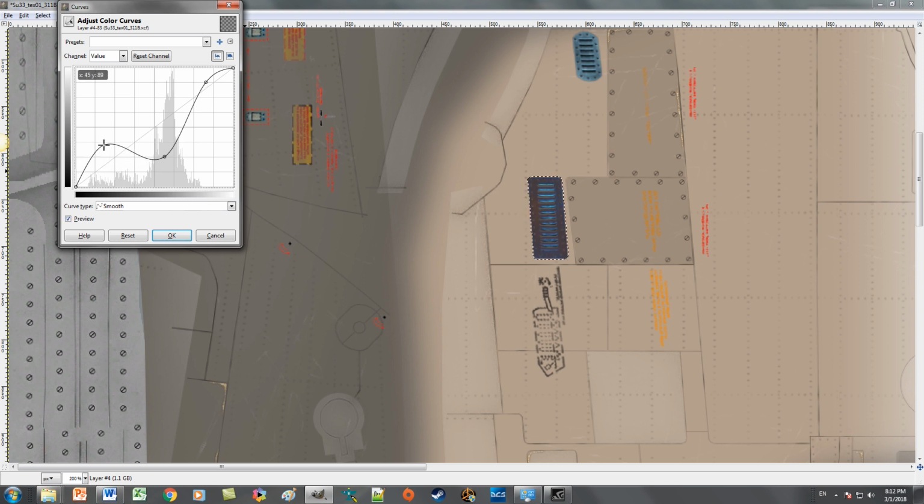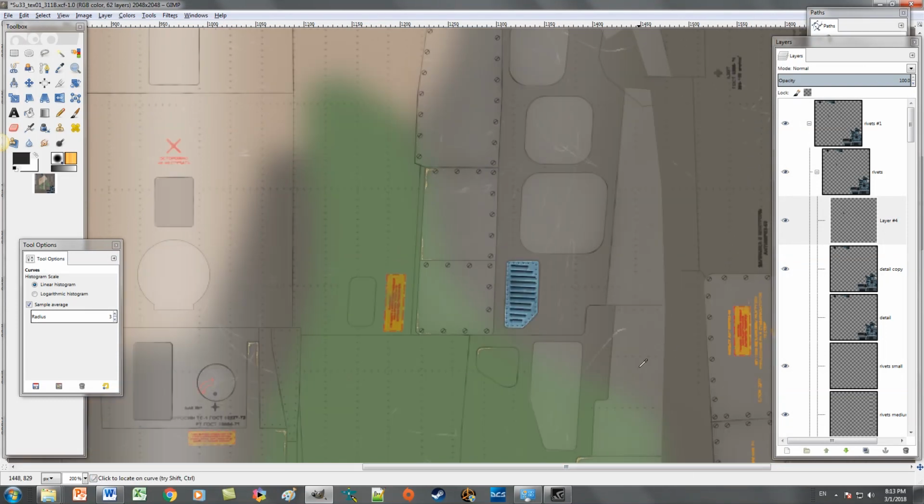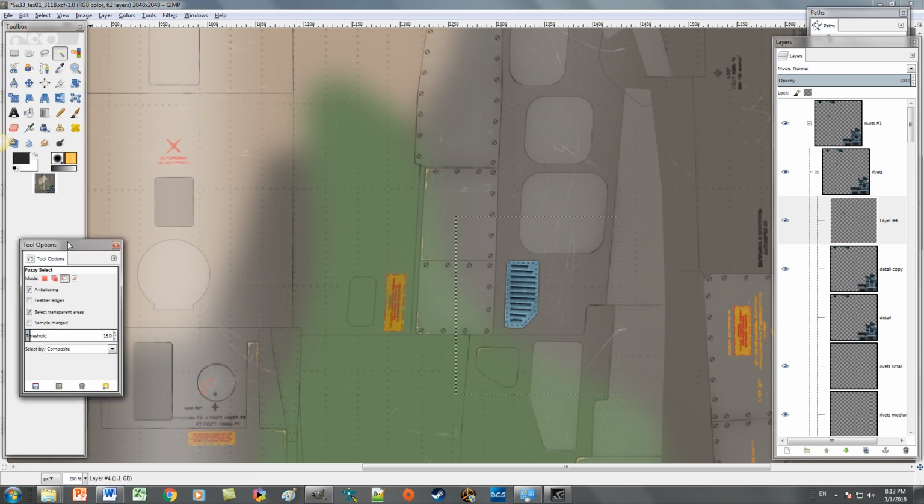That gives it kind of a metallic look. I kind of like that. Let's play with that a little bit. I like that. We're going to do okay there. Alright, so now let's go down to this guy, and we're going to select him, and then we'll just select out the, it doesn't really matter, but we'll select out the